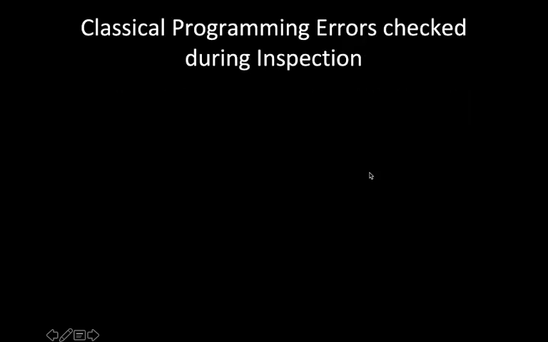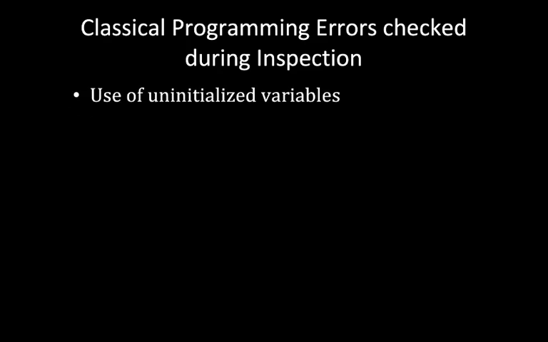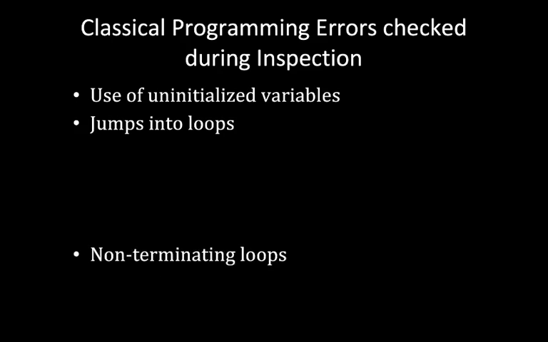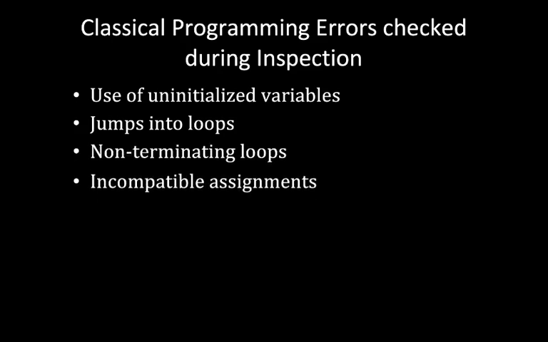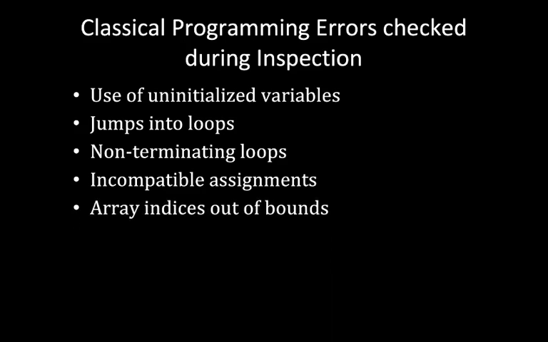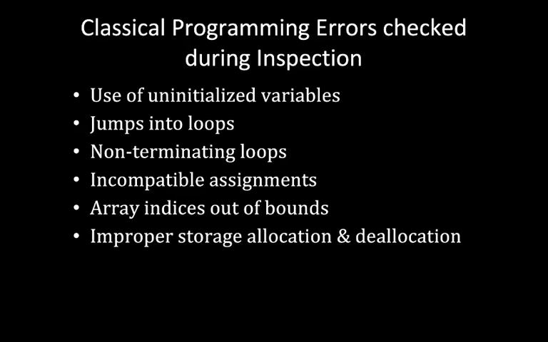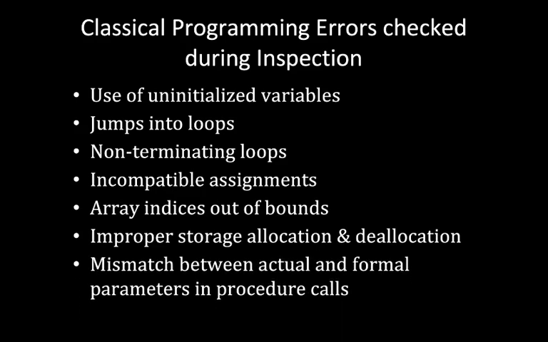Then these are some of the programming errors checked during inspection. One is use of uninitialized variables. So we might declare a variable, but we may not initialize that variable. This kind of error might occur in this case. Then jumps into loops, maybe there will be some jump into a loop. Then incompatible assignments, non-terminating loops, then array index out of bounds, then improper storage allocation and deallocation, mismatch between